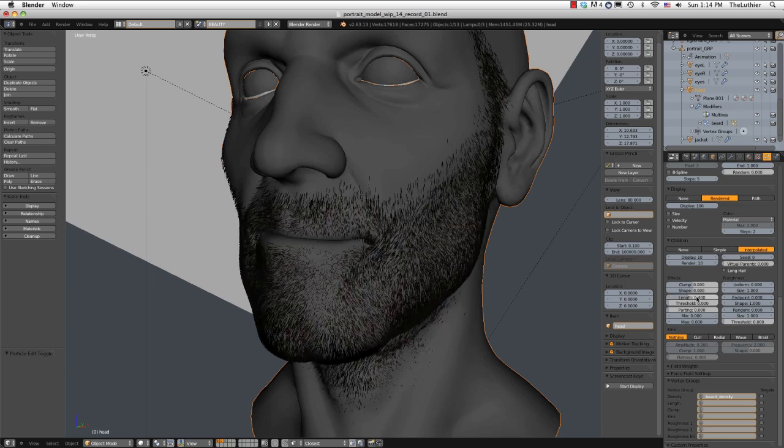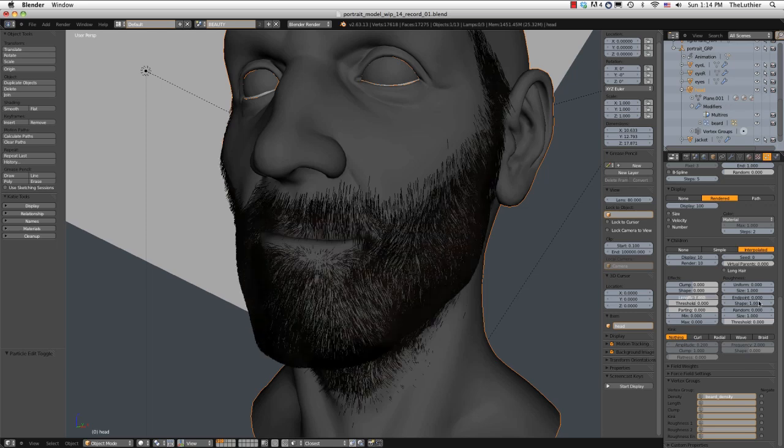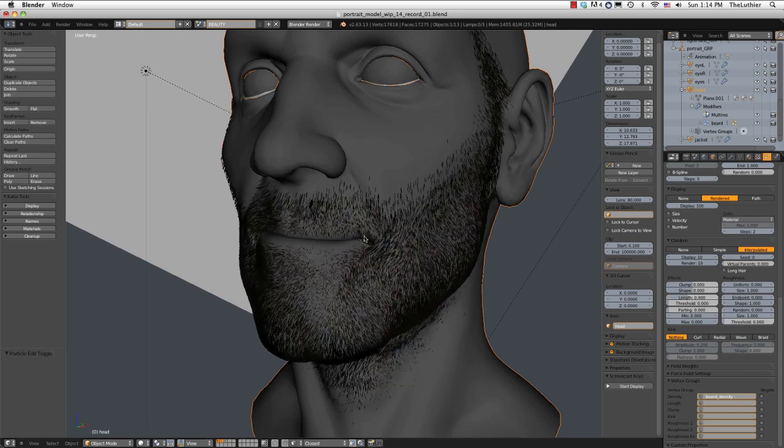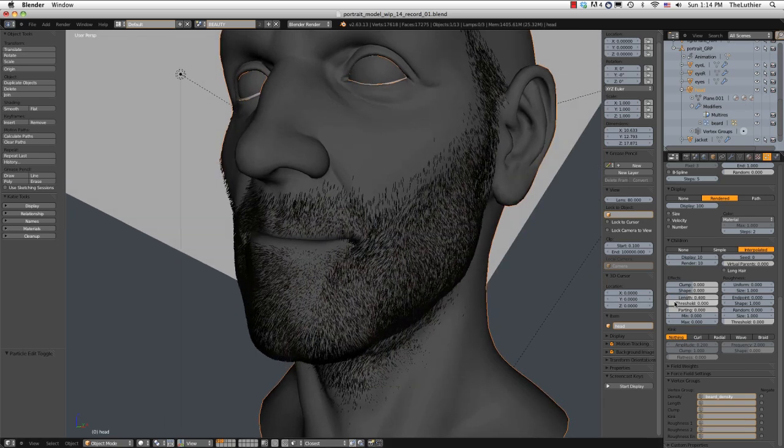60% less in length. So that would be 0.4. I think I said that right. Anyway, so 0.4 of the length, one would be full length, and that's why everything is exactly the same length. But then 0.4 makes some of them shorter over here. And in this case, it makes all of them shorter because threshold is 0. But as I start to move the threshold up, you can start to see some of the hairs popping back into their full length. And so the higher the threshold,